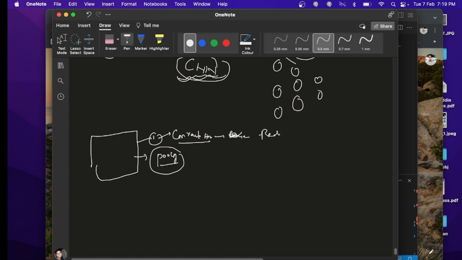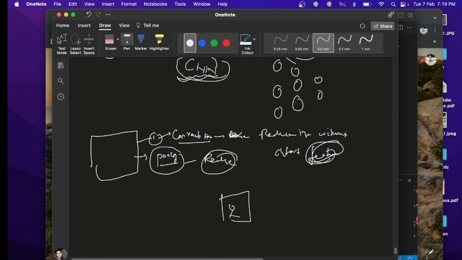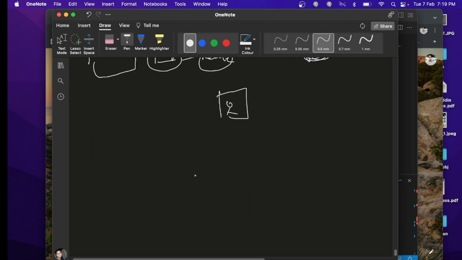Reduce the image size without altering the features. Feature means every part of the image containing an eye or nose, so it will not remove the feature, but it will reduce the image. Pooling is a kind of image reduction. These two operations we are going to use multiple times to reduce the input size, and it will reduce it very well. Means you will reduce a 1000 cross 1000 image